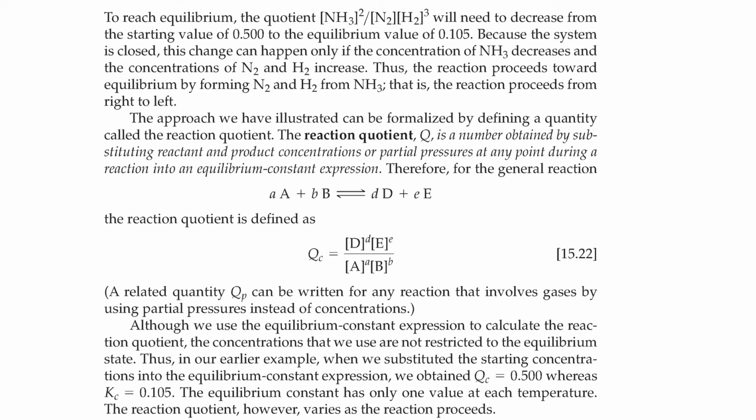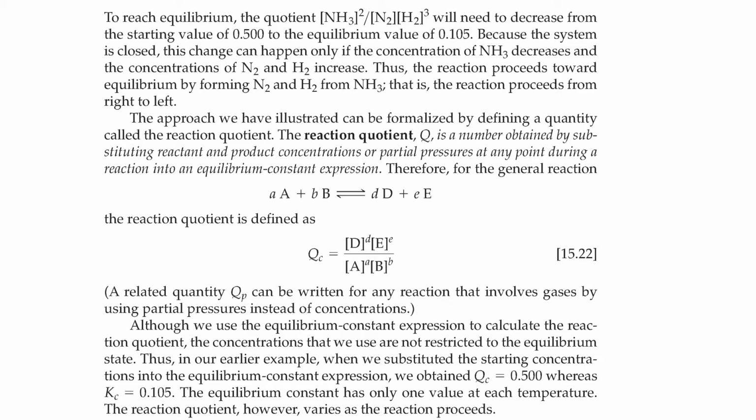The approach we have illustrated can be formalized by defining a quantity called the reaction quotient. The reaction quotient, Q, is a number obtained by substituting reactant and product concentrations or partial pressures at any point during a reaction into an equilibrium constant expression. Therefore, the general equation, the reaction quotient, is defined as